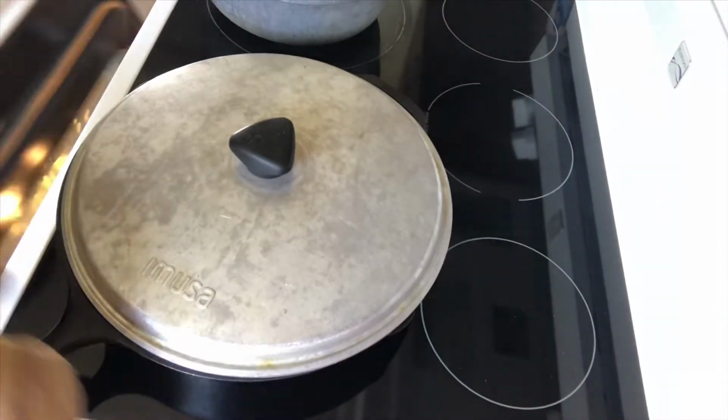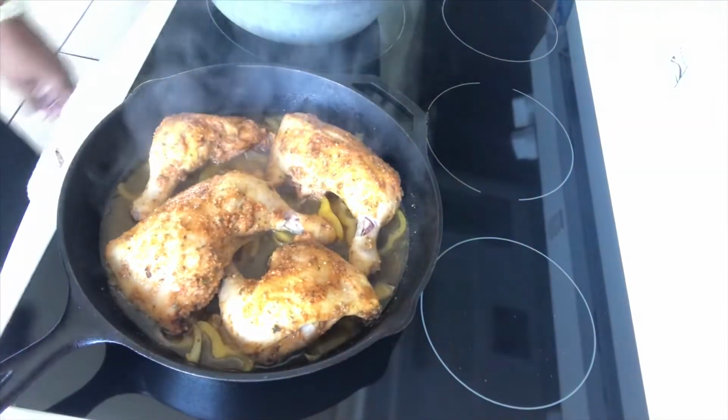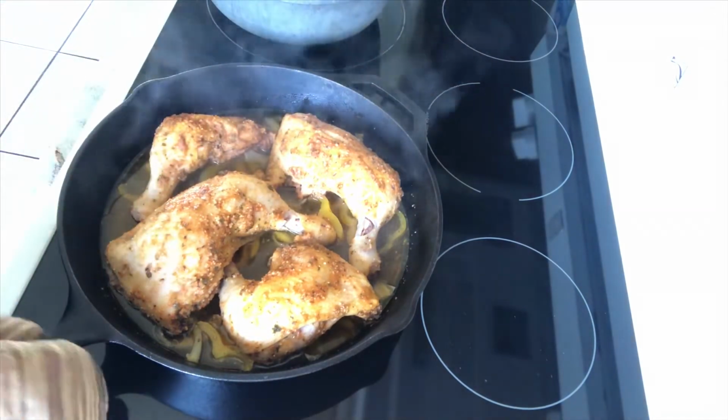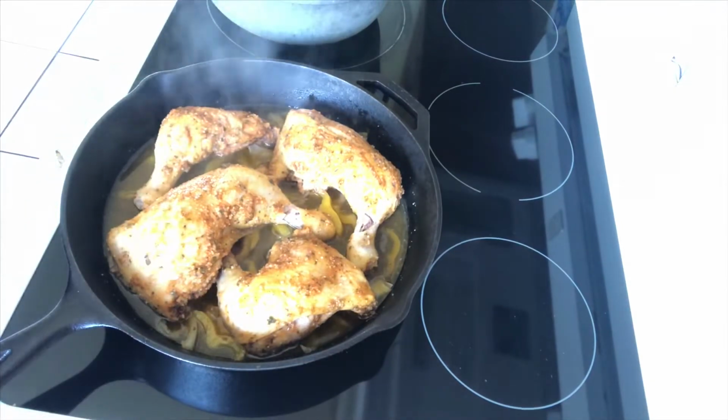But first, let me check my chicken, see how that's coming along, because remember, I had it covered the entire time it was in the oven. Now I'm just gonna add a little bit of parsley, and I'm gonna stick them back in the oven. They've been going now for about 45 minutes, so in about 15 minutes I'm gonna baste it,